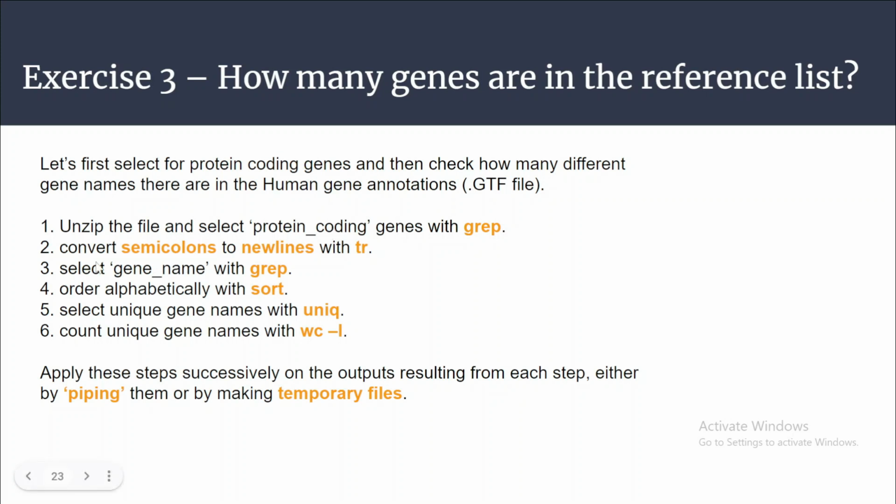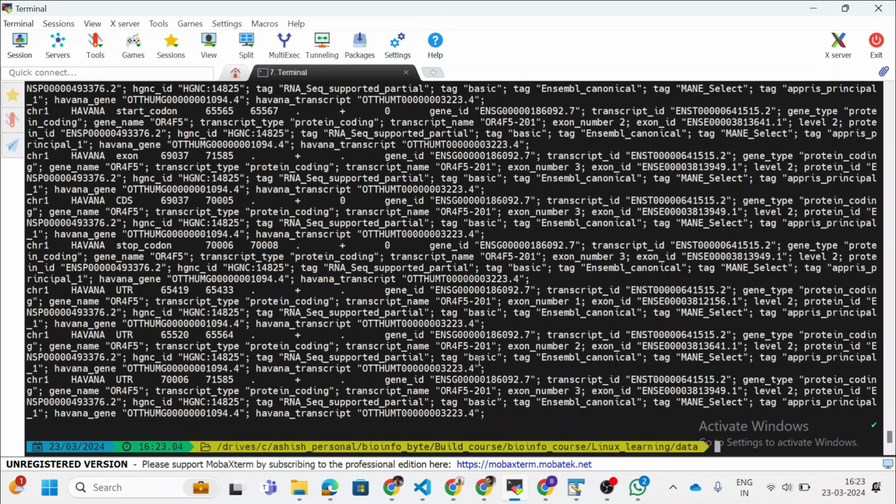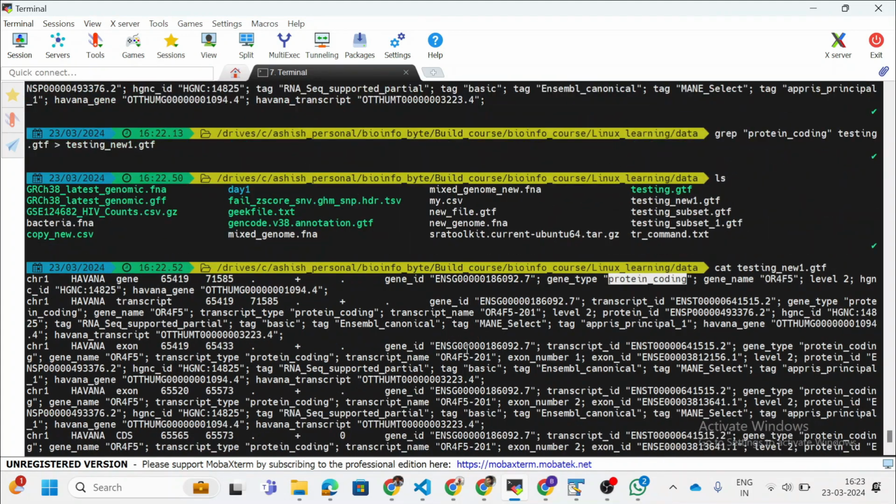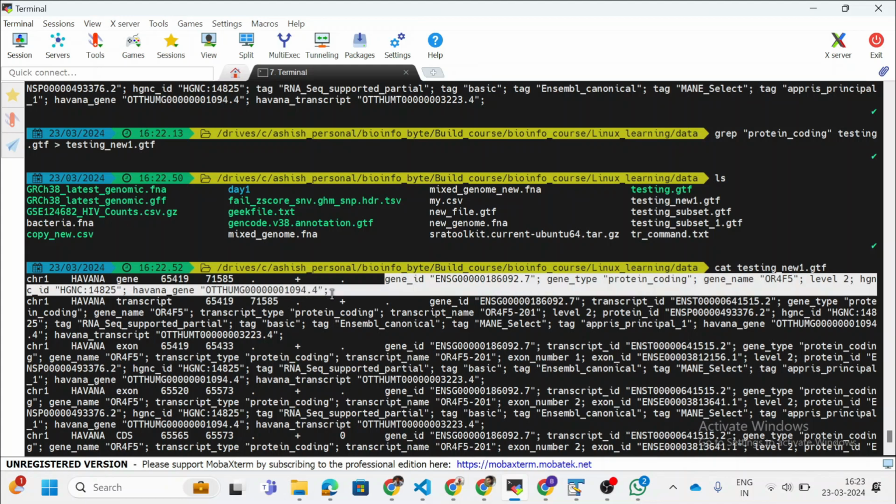Now the next thing is convert semicolon to new line. What exactly is the meaning? You can see all the information is in one row. We have many fields. The first field is for chromosome information, the second field is the name, the third is the gene, the fourth is the start position, the fifth field is the end position.